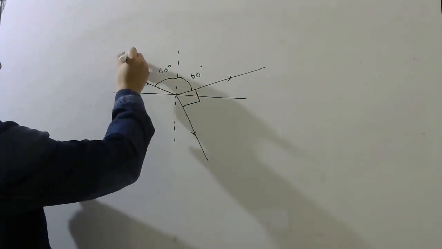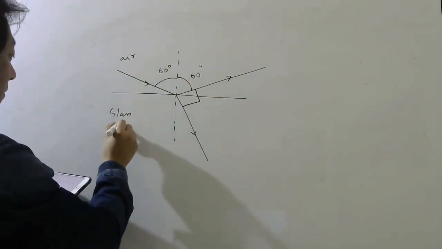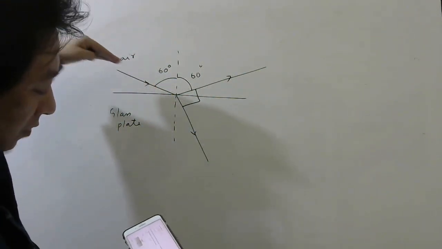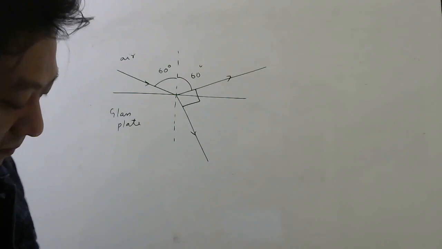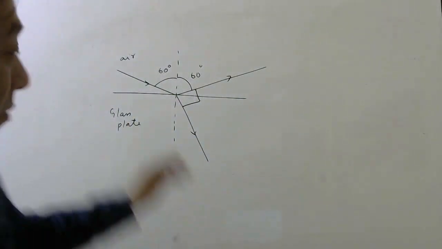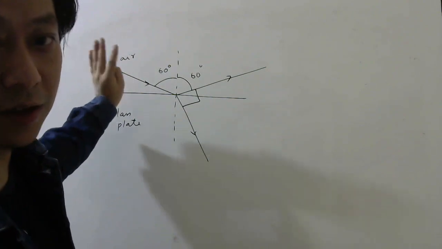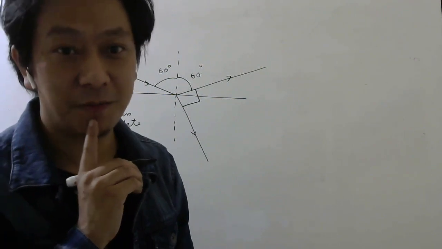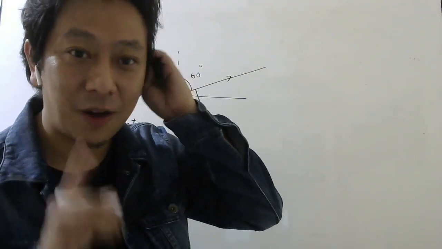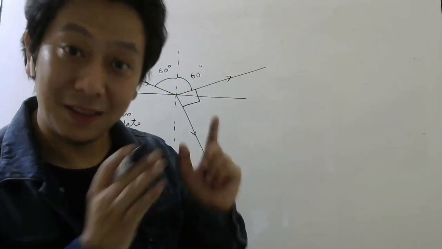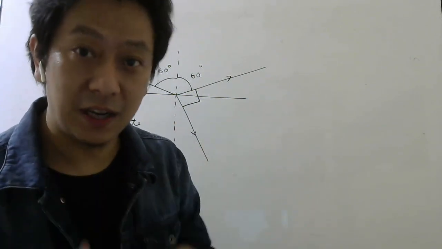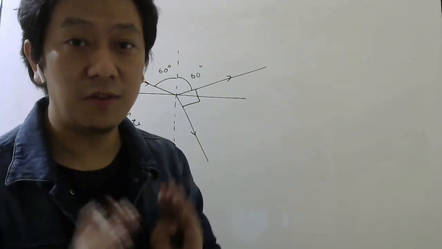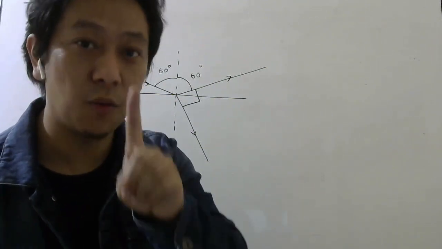So this is air, this is the glass plate. On a glass plate, a light wave is incident at what angle? 60 degree. They did not mention the medium from where the light is coming, so we have assumed air. So again, I'm telling you, from the previous question, you may start thinking that from now onwards for air we should write 1.0003. No need. In that question, it was mentioned, so we take whatever they have given. But in all the problems, unless they mention it, we will always take the refractive index of air as 1.